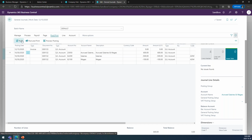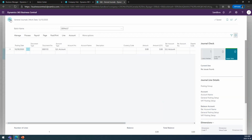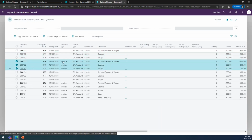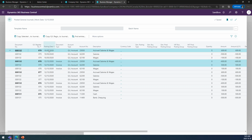Now if I want to just post, let me just post this guy here. If I refresh this page by hitting F5, you can now see I have a new GL register, and now the lines show up here. Another option is that you can copy the entire GL register. So imagine if you had a batch that had thousands of lines, you don't want to sit there and select all the separate lines that should go over to the journal. You may want to just say, hey, I want to just reverse this one